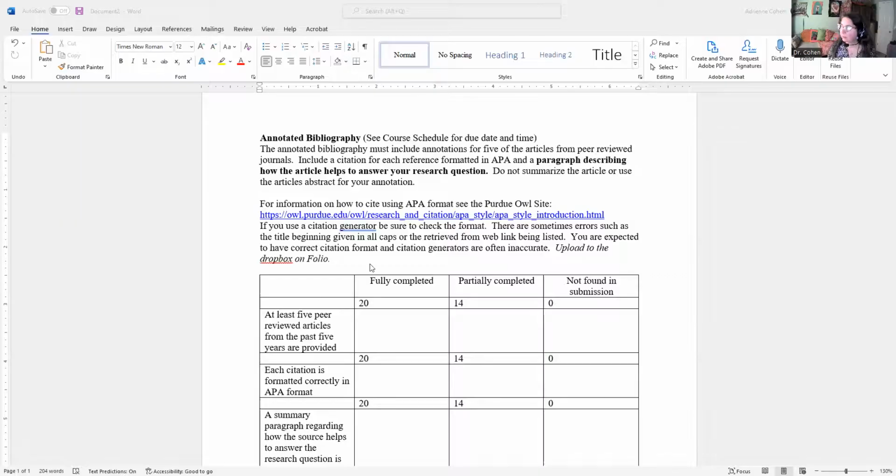I wanted to make a video for you to talk about the annotated bibliography assignment that's coming up. So let me screen share and just kind of go over the assignment. So the annotated bibliography is the next step in your